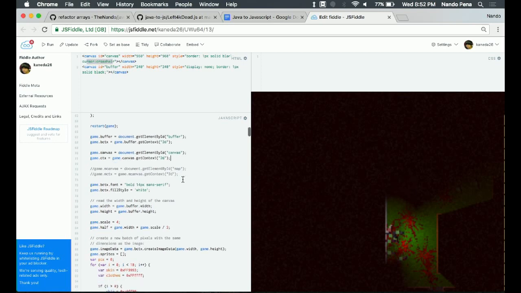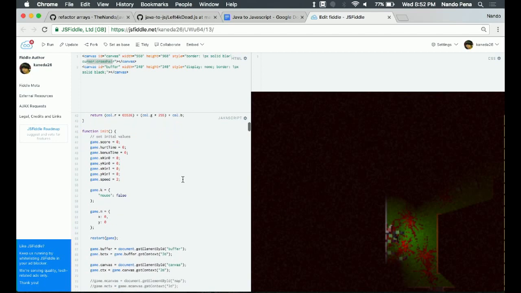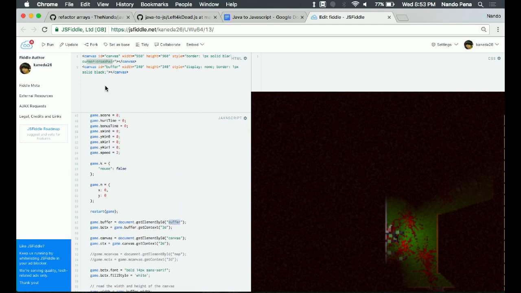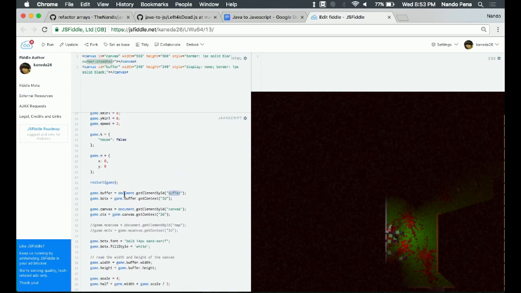And then inside the actual game, after we init all the core values, we're going to create what's called an element. Anyone that's done web development should be familiar with document.getElement. I'm getting it by a particular ID called buffer, and that's just up here. So now I have the DOM object there in memory, but I want to get from that buffer what's called a context.